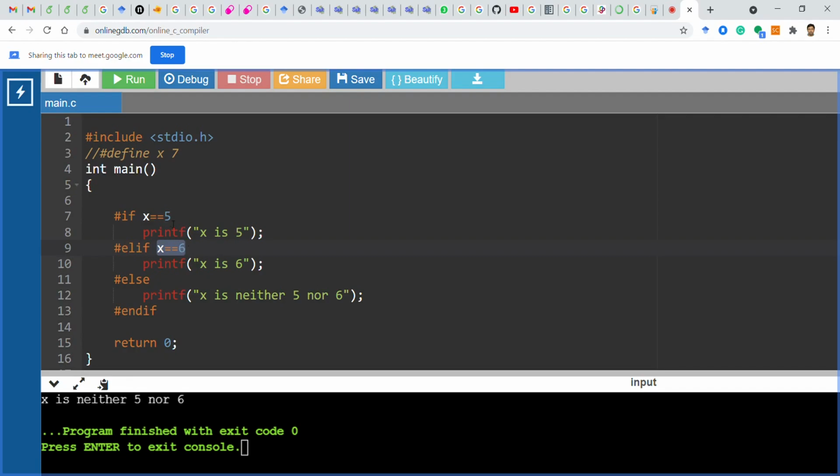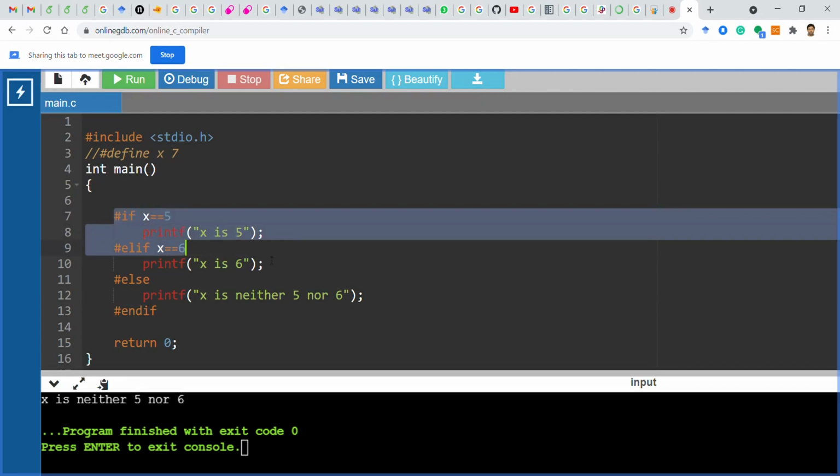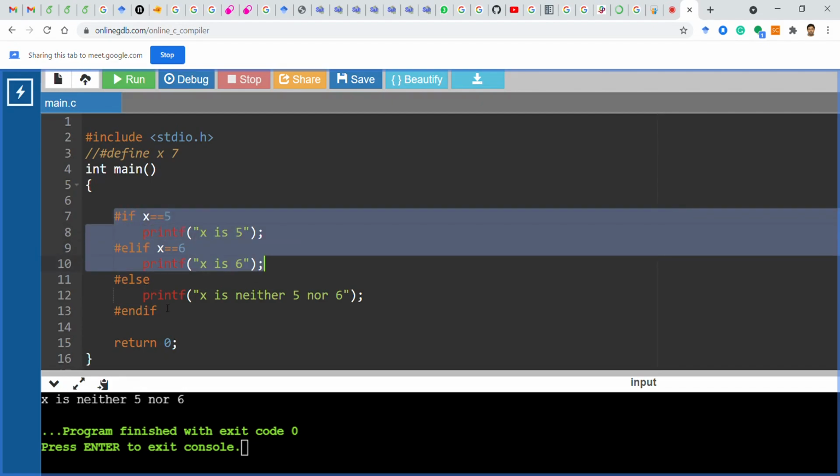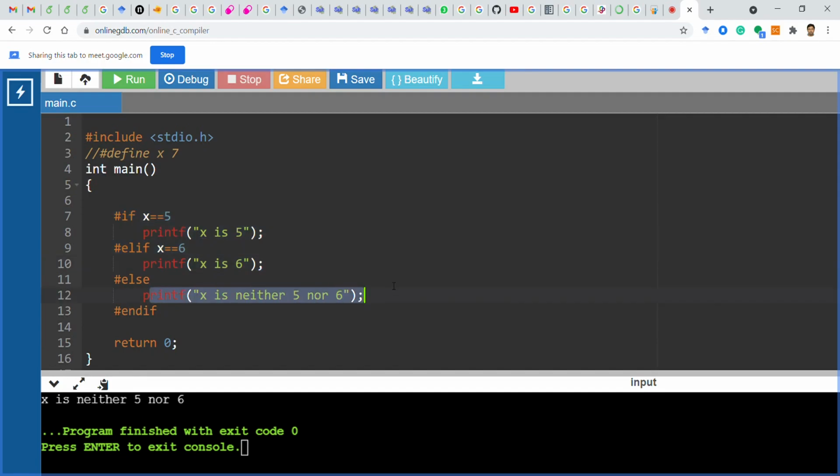Now since these two are not true, naturally the else part will be true and you will get this particular one as a result. So remember one thing, it's not that in the original code all these 3 lines are present. Actually in the intermediate code, one of these 3 lines will exist and that will get compiled, not all 3.